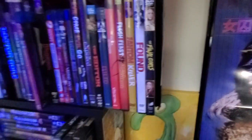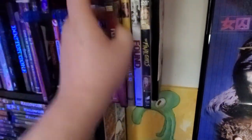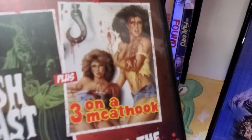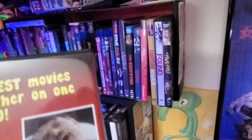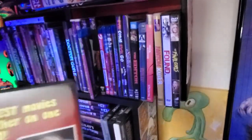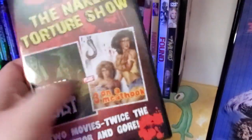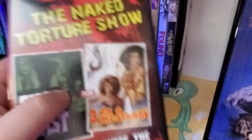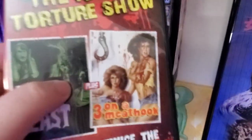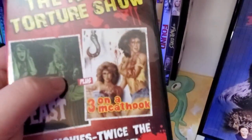I like Evil Ed, which is fun. 3 on a Meat Hook and Flesh Feast. 3 on a Meat Hook is a really interesting one. I'm pretty sure William Girdler directed that. It doesn't say so on the back, but I'm pretty sure he directed 3 on a Meat Hook, who also did Day of the Animals and Grizzly, which those 2 films are really good. 3 on a Meat Hook's okay. It's an Ed Gein-inspired slasher film. Phantom Killer,